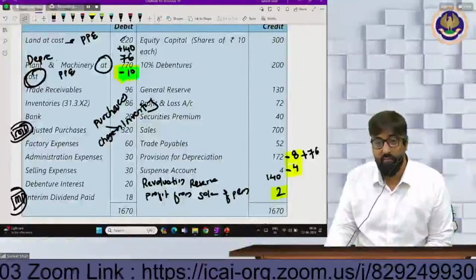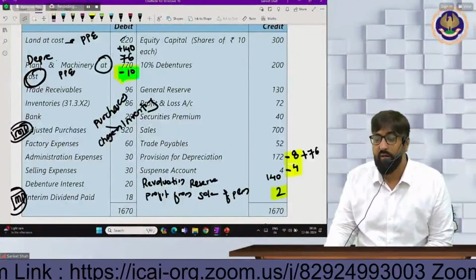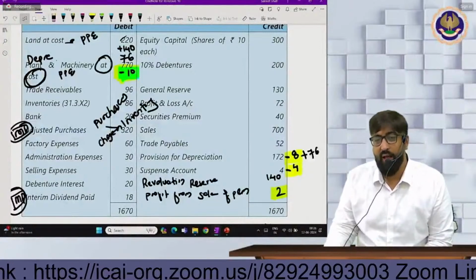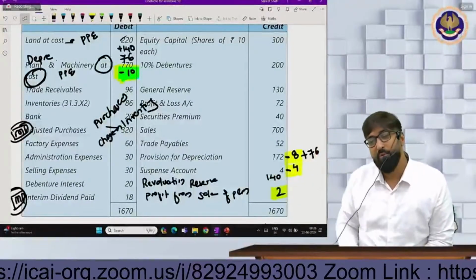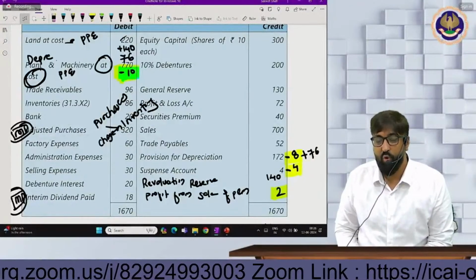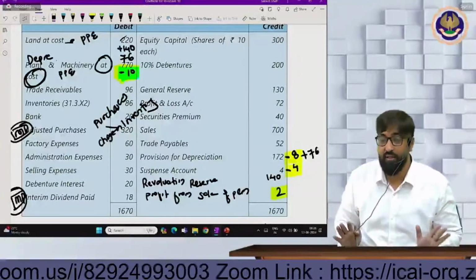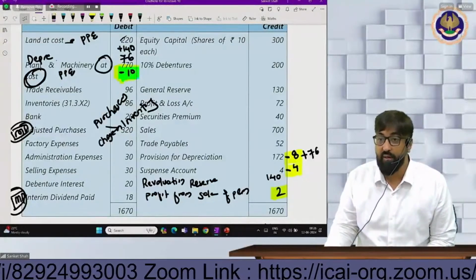सर, एग्जाम में स्टेप वाइज मार्किंग होती है? Yes, you will get step marks. So suppose if you haven't tallied this amount also, doesn't matter, don't worry. आपके अमाउंट्स नहीं आए, पर आपने सिर्फ प्रोफॉर्मा भी लिखा तो भी आपको 4-5 मार्क तो मिल जाएंगे। सो डोंट वरी। तो टैली होने का प्रेशर मत लीजिए।